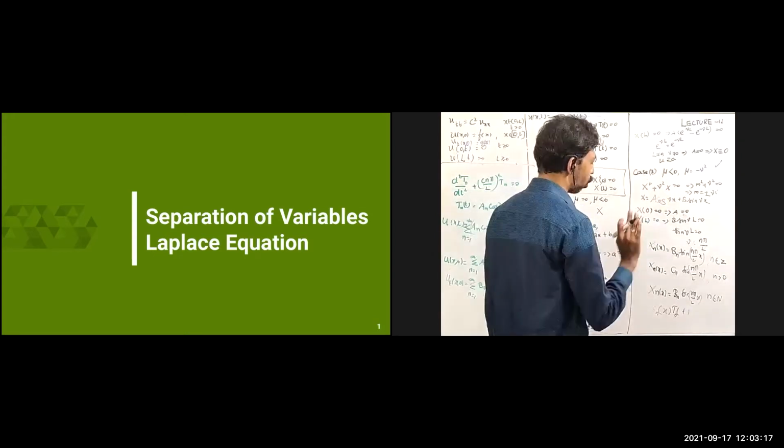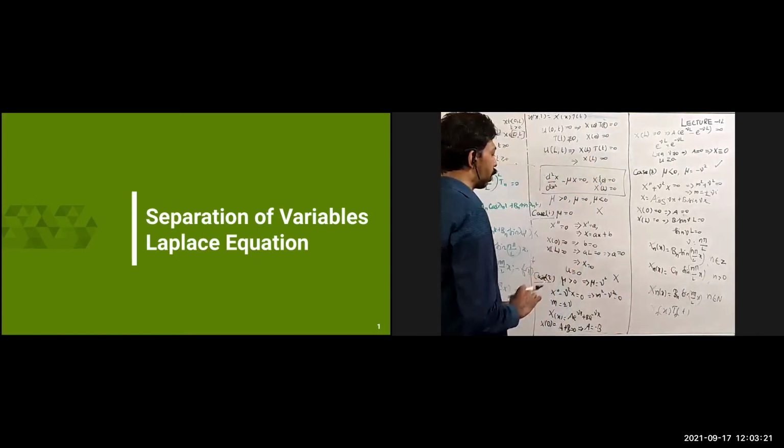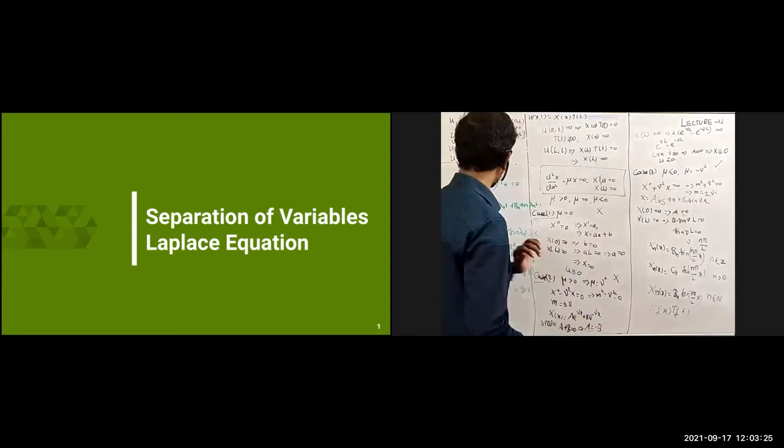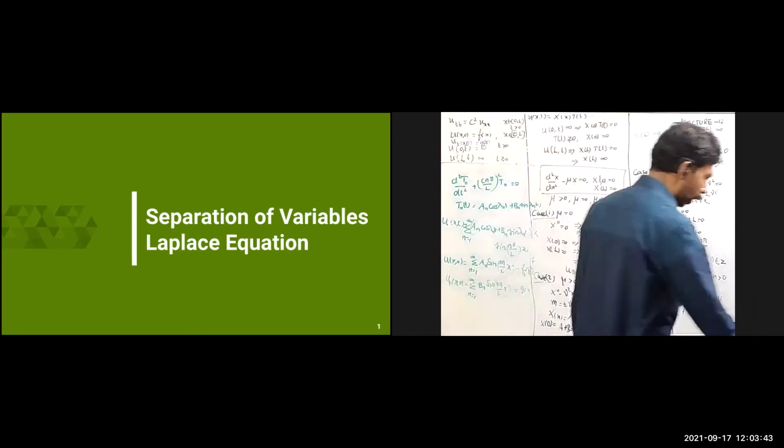In two of these cases we are not getting any solution. Only for ν less than 0 we got the solution, for which X_n(x) = b_n sin(nπx/L) was the solution. Since it is a product solution, we have to obtain T_n(t) also. In the case of the heat equation, you obtain something like an exponential e power. In the case of the wave equation, you are going to obtain something like cos and sine. Now the Laplace equation also we are going to do the same thing. Let us solve that.